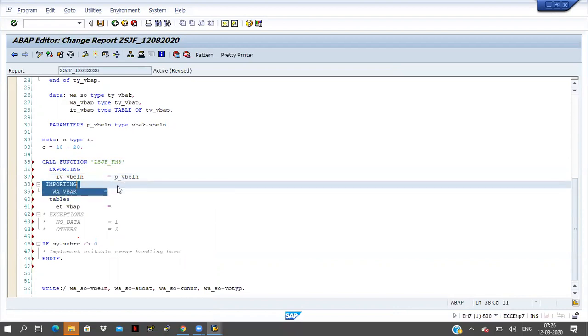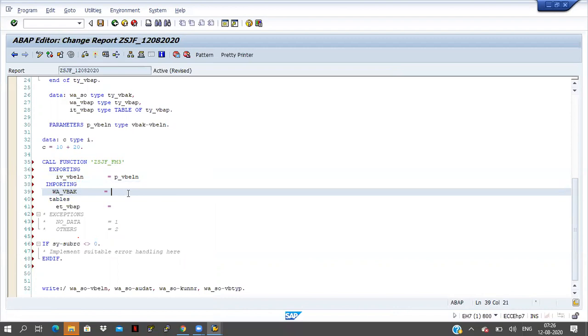Sir, hello. Yes. Sir, each time we are changing the function module, can we edit the table ETVB? We can edit VBAP, we can edit. Okay, okay, sir. We can edit, but if you make any spelling mistake, then it will go down. That's why I'm recalling that one. Okay, fine, sir.